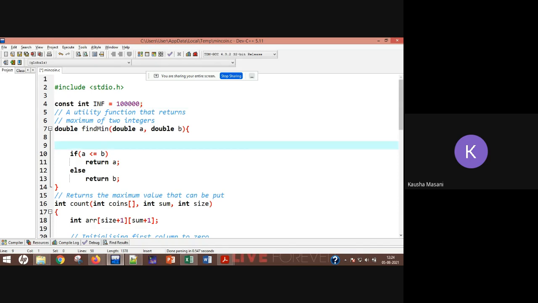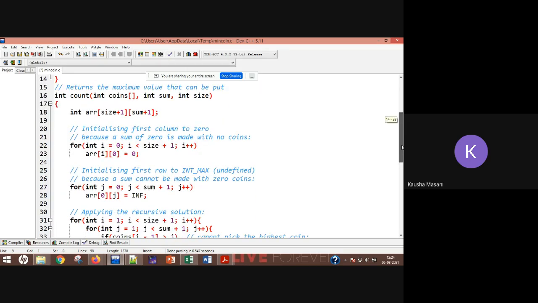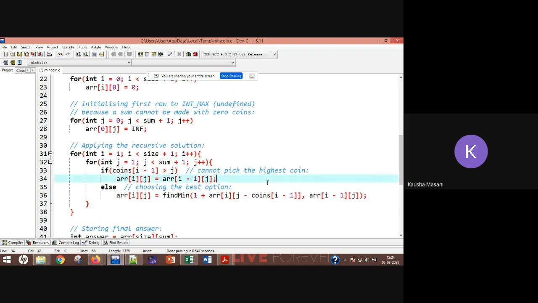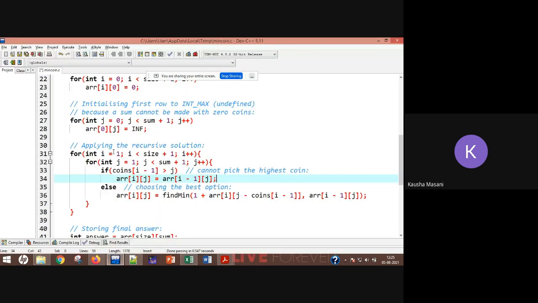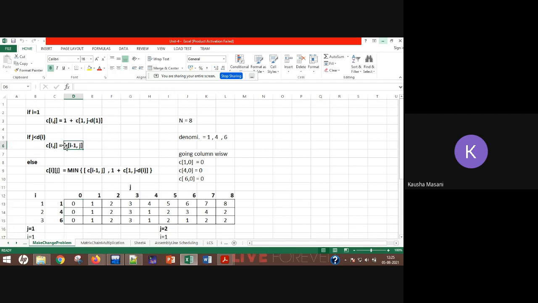Next, apply the recursive solution. That means I'm going to apply a for loop. In this for loop also, I am applying those formulas. If i is equal to 1 and i minus 1 is greater than j, then arr of i minus 1 comma j.